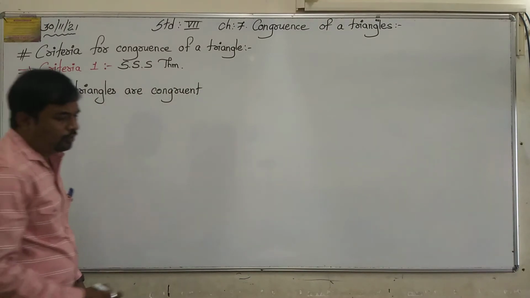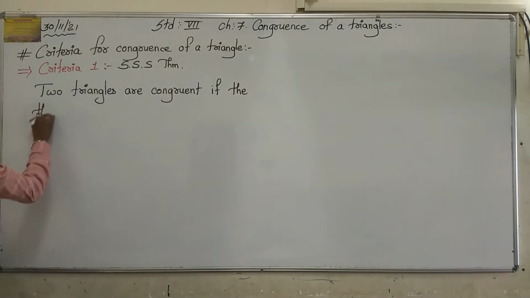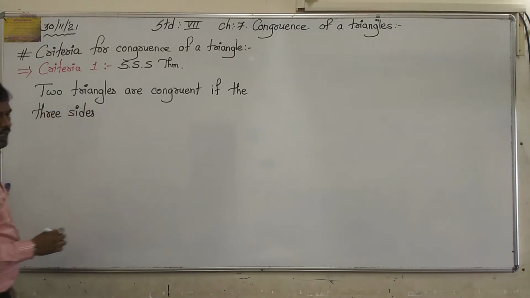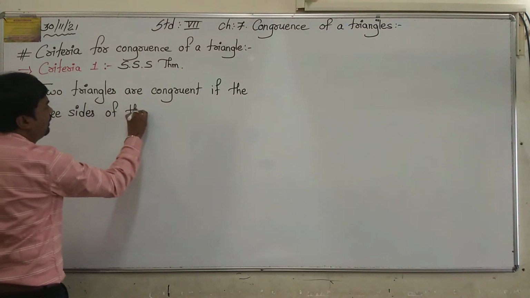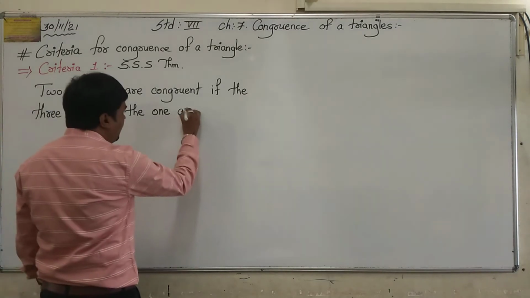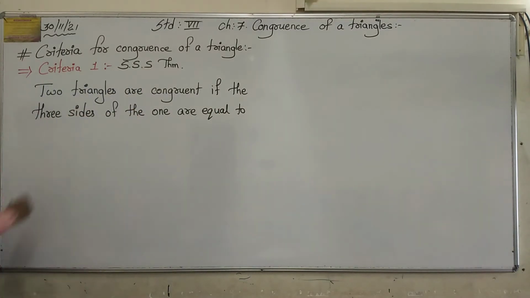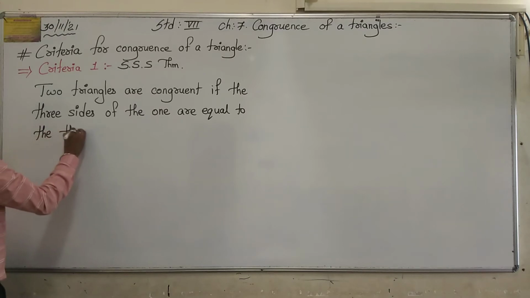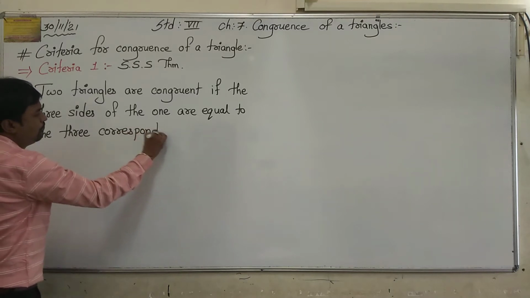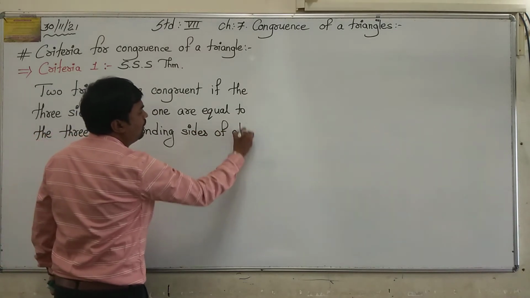Two triangles are congruent if the three sides of the one are equal to the three corresponding sides of the other,